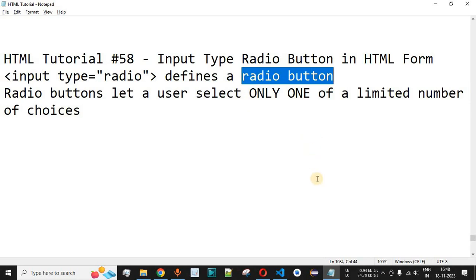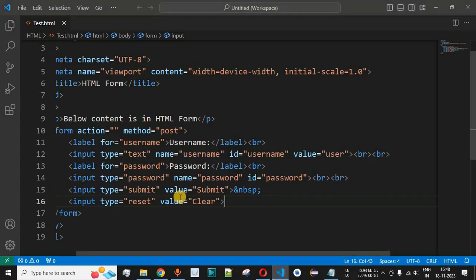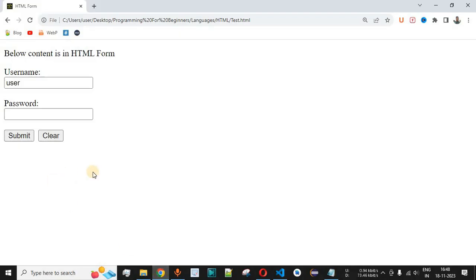So guys, let us check this with the help of examples in VS Code. So previously we had seen how we can set the input type as text over here. Then we have also seen the input type, that is password. We have also seen the input type, that is submit and reset buttons over here, and this is how the page looks like, that is username, which is a text field, and then we have the password field over here, and then we can have the submit button or the clear button in order to clear the data. Now guys, over here we will be having the list of options that you can select by using the radio